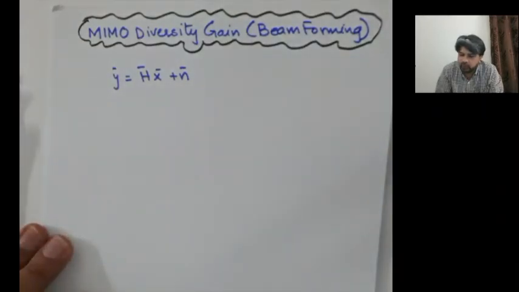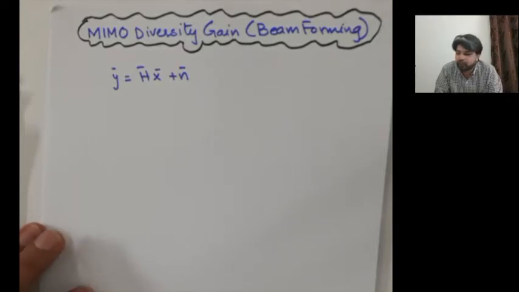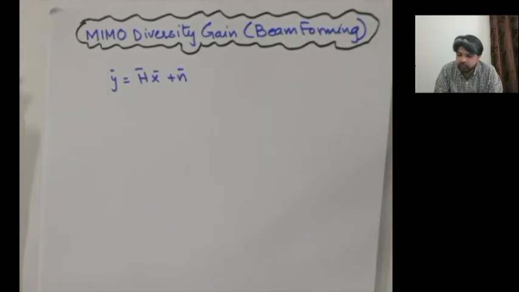And now we don't want to transmit multiple symbols from each of the transmitting antennas. What we want is to transmit the same symbol or signal from each of these transmitting antennas, and receive the same signal at the receiving side, and we want to improve the received signal to noise ratio, or improve the diversity. We want to increase the diversity gain. In other words, we want to improve the error performance curve. So let's see how we can go about this, right?